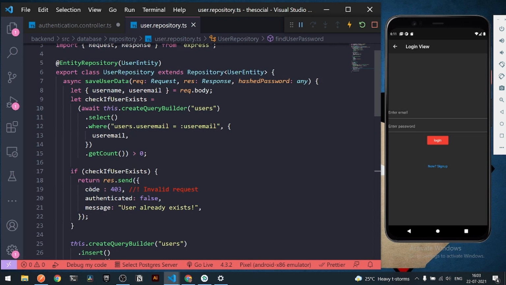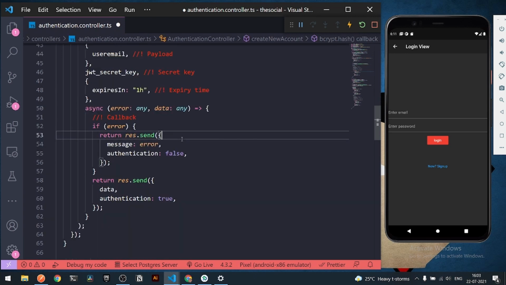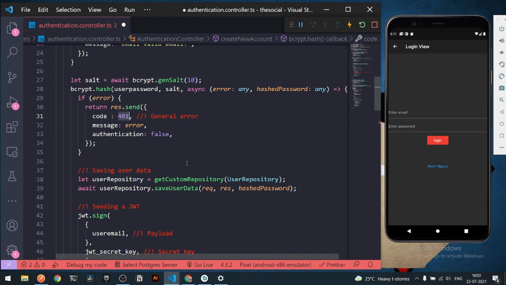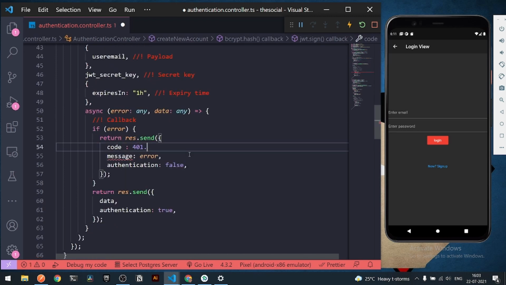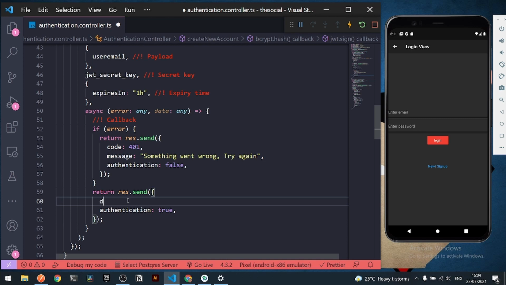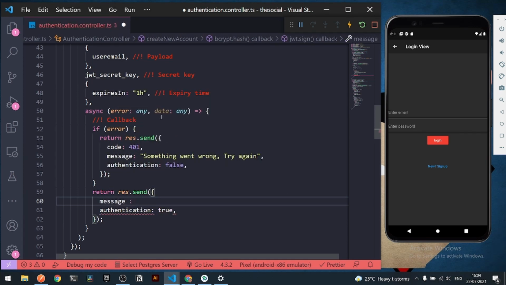Right, so we have the following pattern: a code, a boolean of authenticated, and also a message. I can go back, and here under my error, I can do the same thing. So I can add a general code here, and the general code will be nothing but 401. Now the user won't understand what the particular error means, so here I can say something went wrong. This is generally a good habit, writing a message in human readable language. So I can copy the message, and instead of data, I can say a new message to be my entire data.